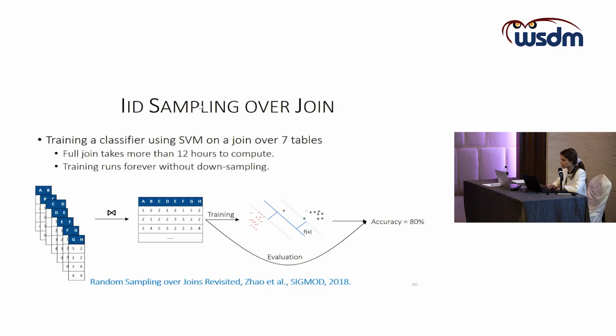And training the classifier on the full data, let's say an SVM classifier on the full result of the join, is taking forever. One promising way to mitigate the high cost of join and model training on this full data set is to obtain a random sample from the full join result and train the model on this random sample. It's been shown that if, for example, we obtain a very small subset of the full join result, let's say 200,000 samples from the 17 trillion tuples in the full join result,